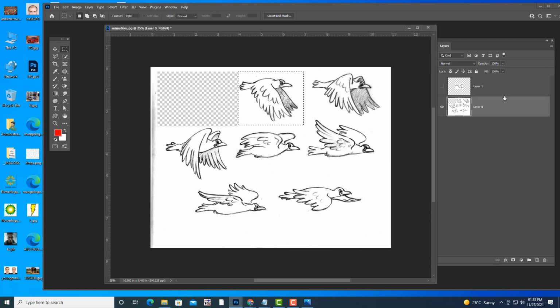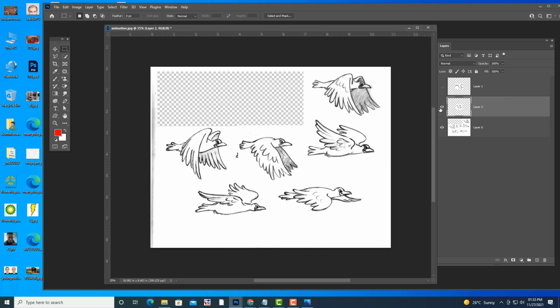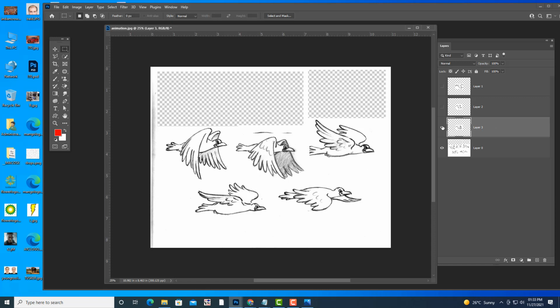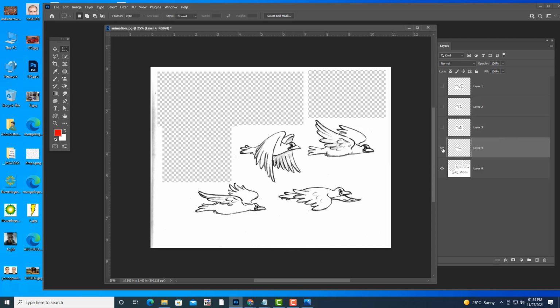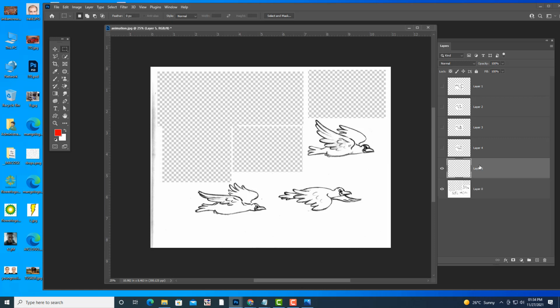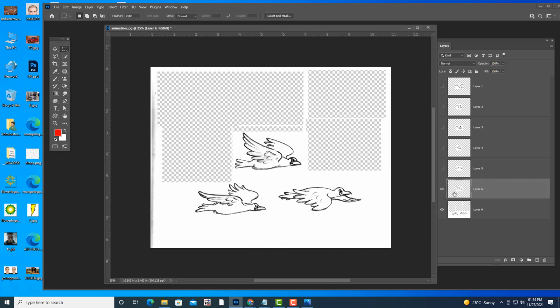Control X, Control V. Control X, Control V. Control X, Control V. Just the last two images are there.